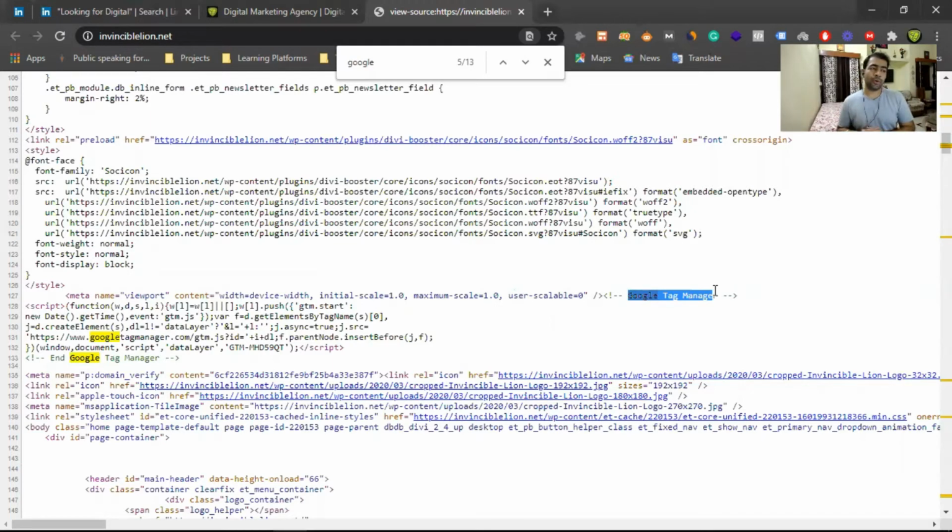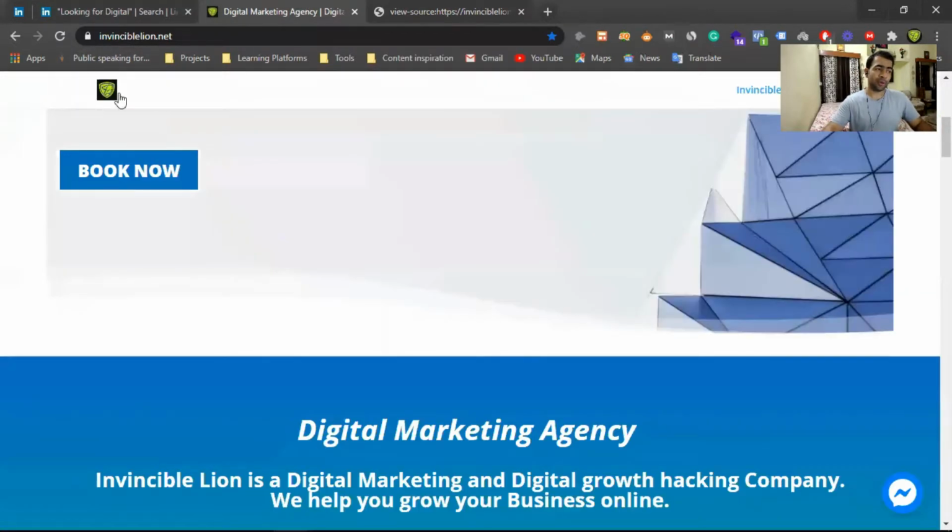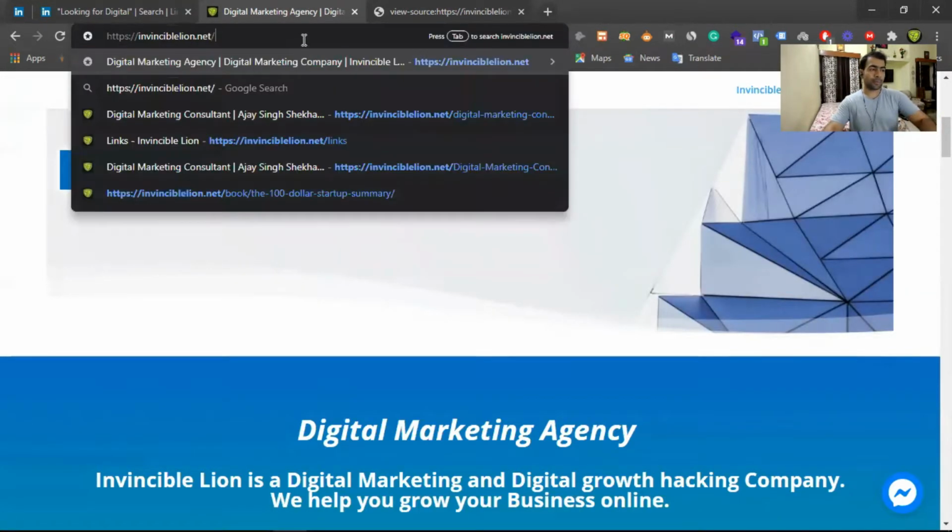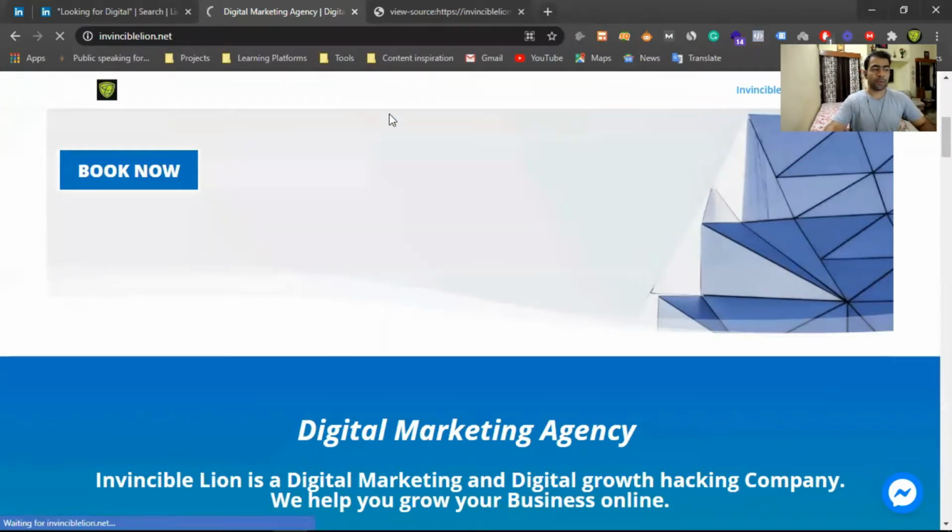So let's say you don't know a lot about managing your code, HTML and pasting. So if you are a freelancer, or if you are just starting a blog and you don't know anything about this, you can put your code over there by hiring a freelancer. If it is a custom-made website, or if it is not a custom-made website, what you can do is, if it is a WordPress website, you will actually get,